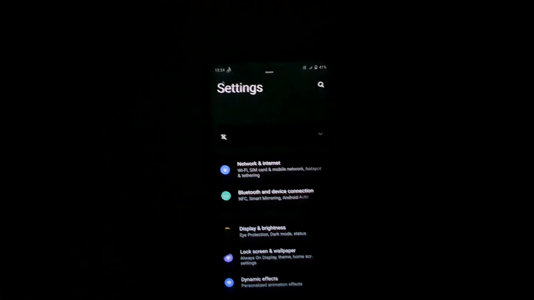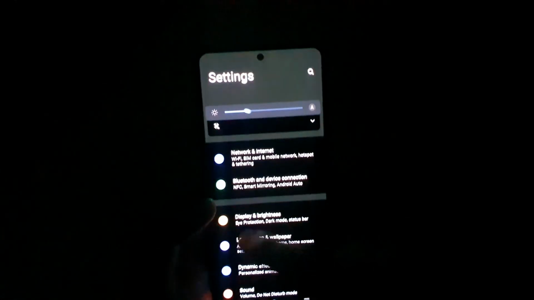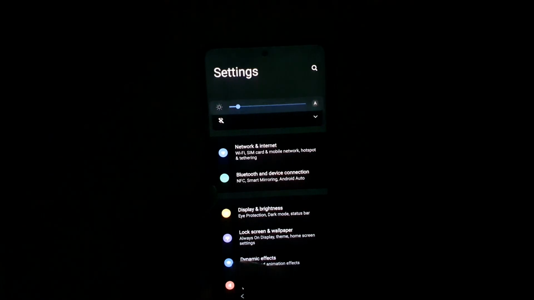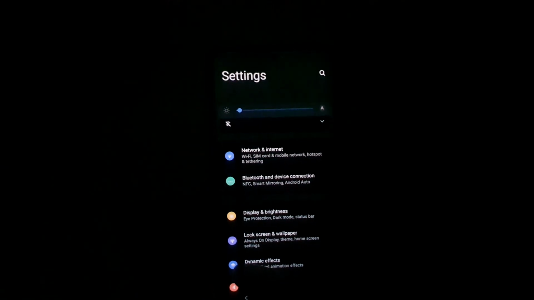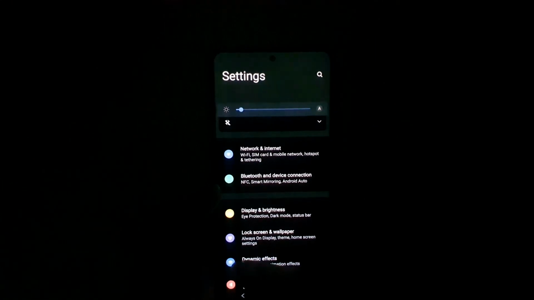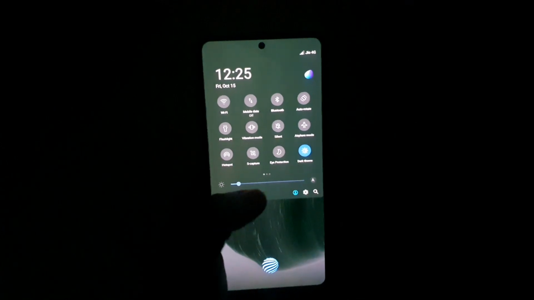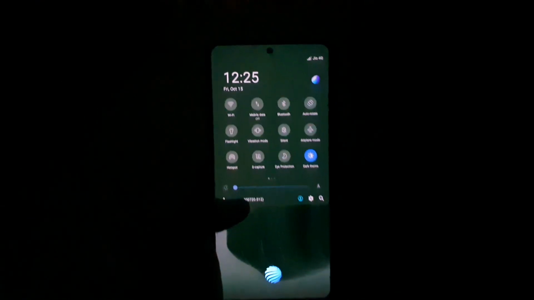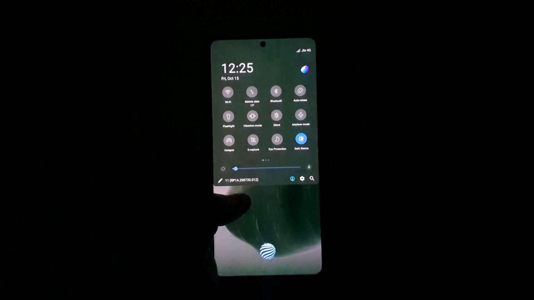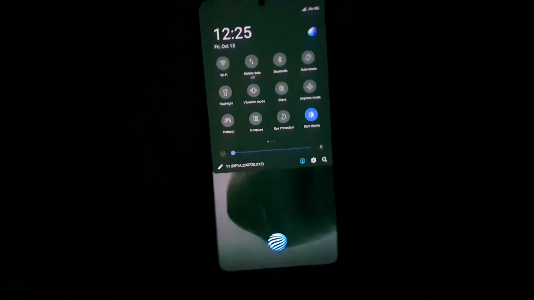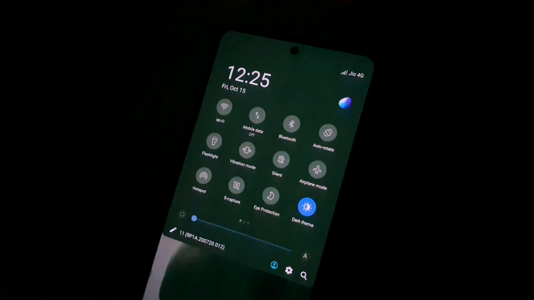In the settings option also it will be visible, friends. If you observe the settings option, let me show you. As you can see in the settings, it's visible. Clearly you will be able to see that kind of green tint problem. If I increase the brightness, as you can see, the green tint issue is still there, and even in the notification panel and the lock screen you will be able to see it clearly. This is the place where you will notice a lot of green tint. If you disable the fingerprint scanner, definitely the green tint won't be there. But usually the green tint problem did not get solved.